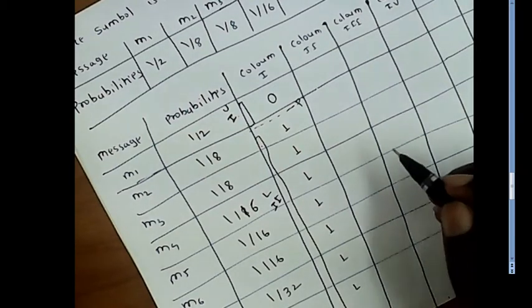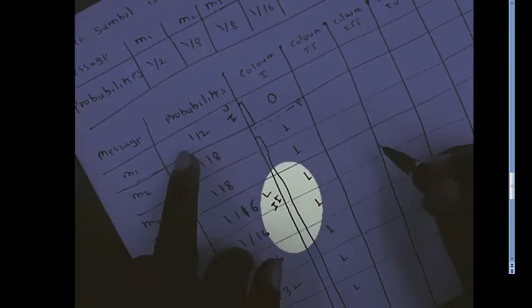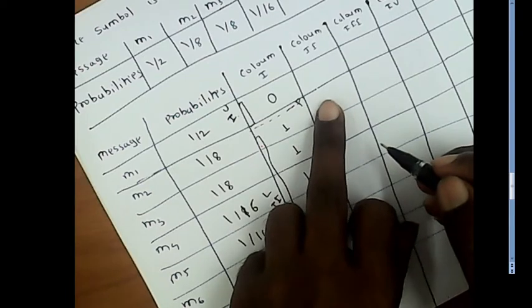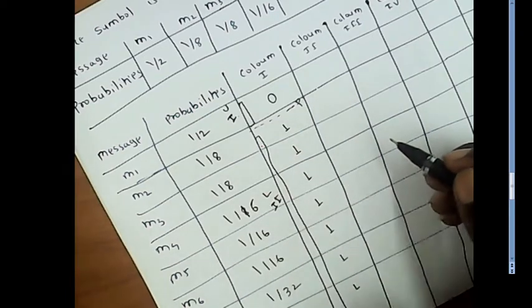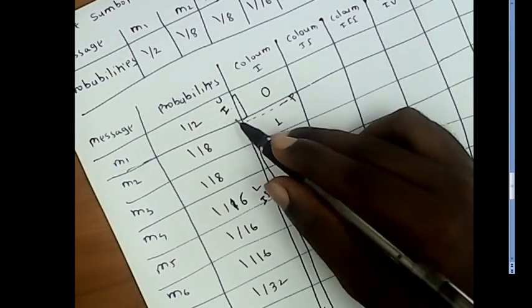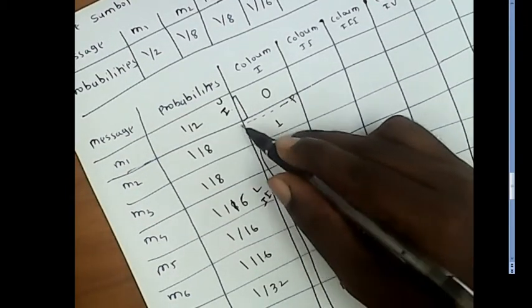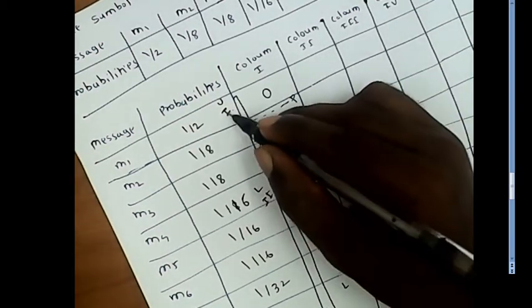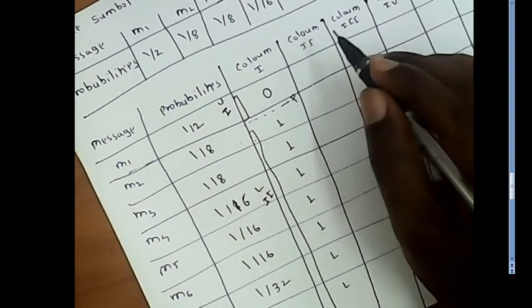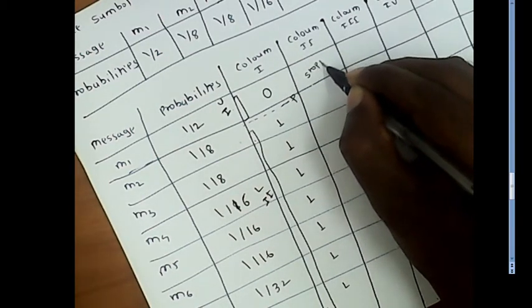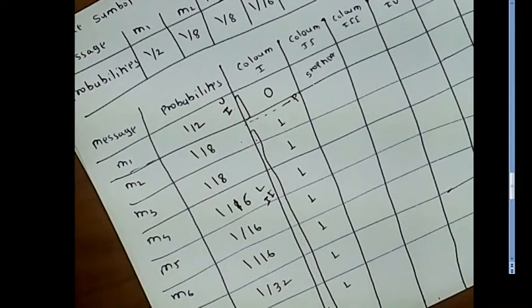Similarly, we can move further. Fourth step, continue this process, each time partitioning a set with nearly equal probabilities. We can again check, there is no possibility with this. If we take this, there is no possibility. We can take the combination of M1 and M2, there is no possibility, so we can stop here.